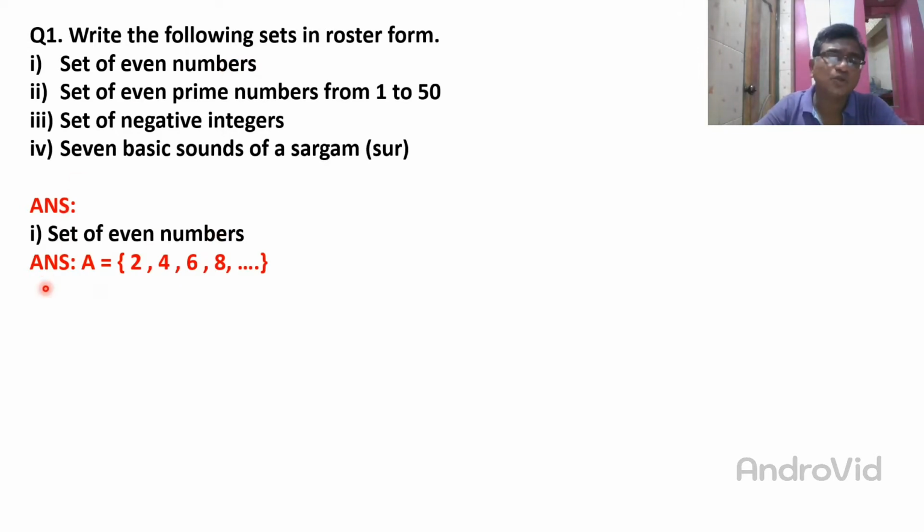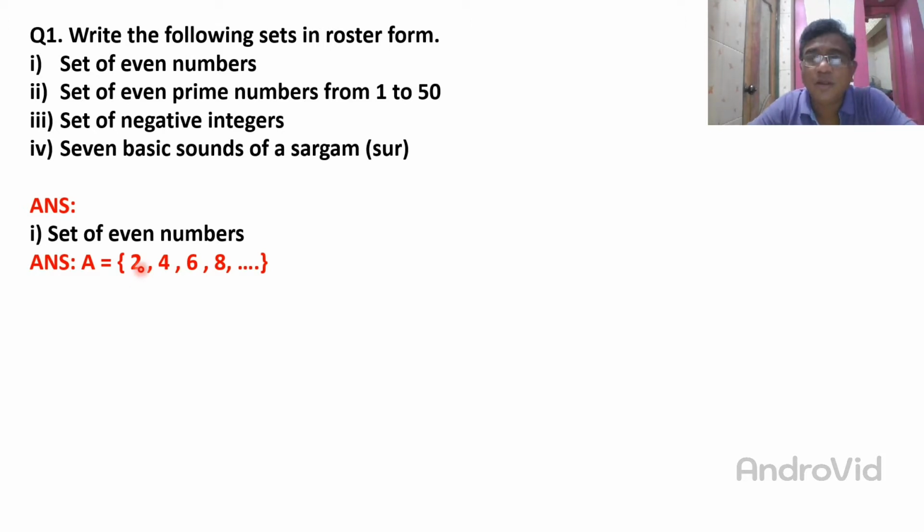Such a way is done here. Set of even numbers. The curly bracket means set, and the set name is given by a capital letter. So it is given as A. A is the set of even numbers, read in such a way: even numbers 2, 4, 6 and 8. So it is the roster form. What does roster form mean? Roster form, or list method, means we write every element separated by a comma. All elements we write, but each and every element is separated by a comma.